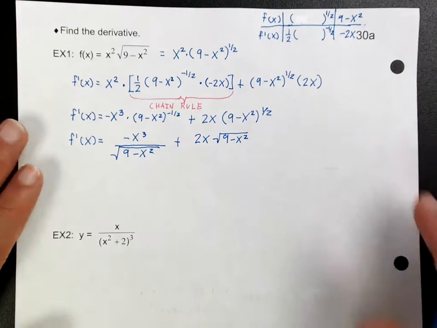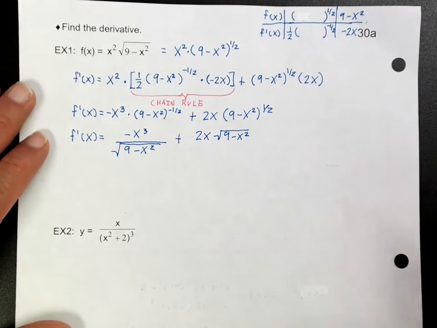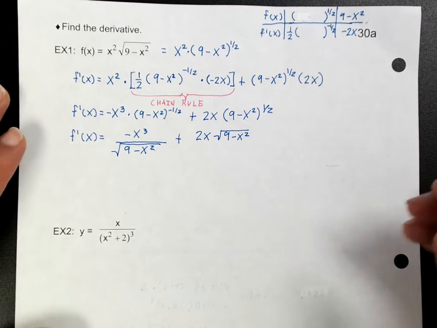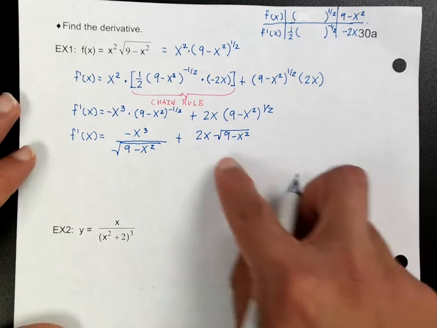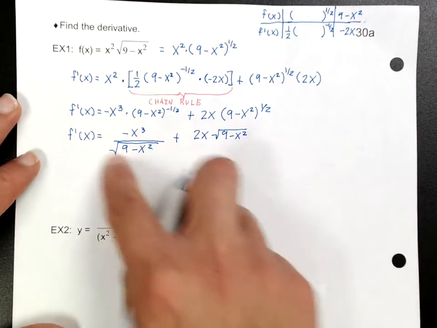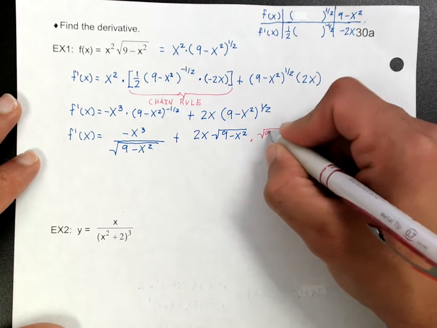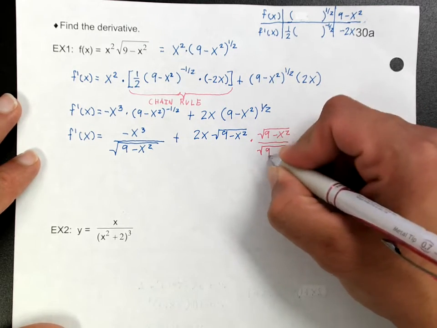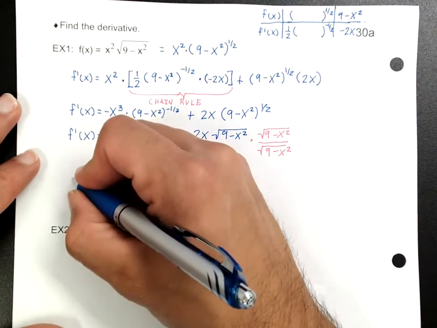Alright, now normally if you have multiple choice or whatever, you see it, okay, you will be done. But let's say that this answer does not look like that answer, this is not one of your choices on the multiple choice. So in that case, normally what happens is that they want a common denominator. They want to add this together. So to add this together, you need a common denominator. So I'm going to multiply top and bottom by the square root of 9 minus x squared. Okay? And then when I do that,